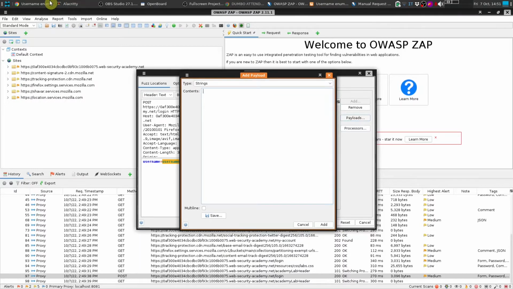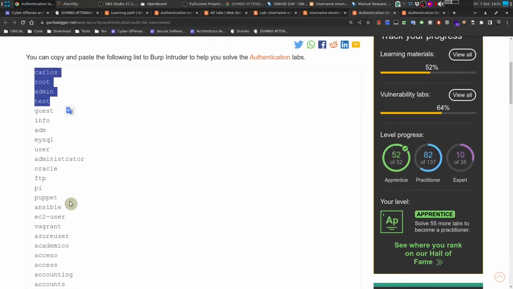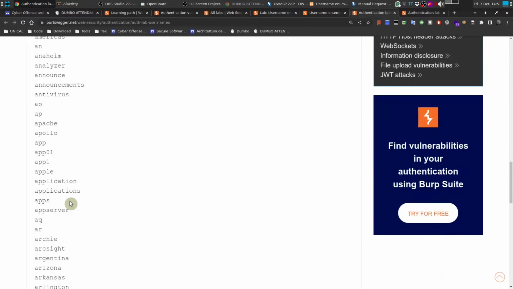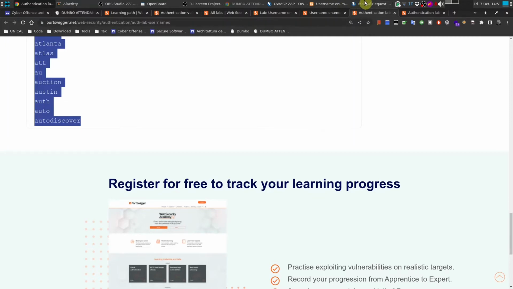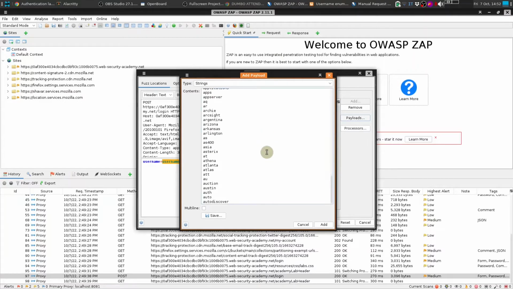Okay, now we add a list of strings that was here. Okay, so someone gave us these usernames that make sense to try. How did they come up with this list of usernames? I don't know. OS Intelligence, okay, open source intelligence, or maybe these are common usernames, or maybe common usernames for the organization we are attacking. So copy here,